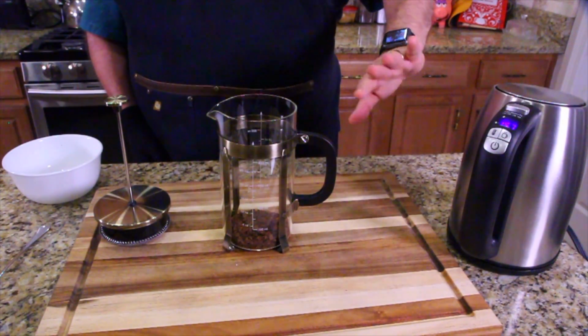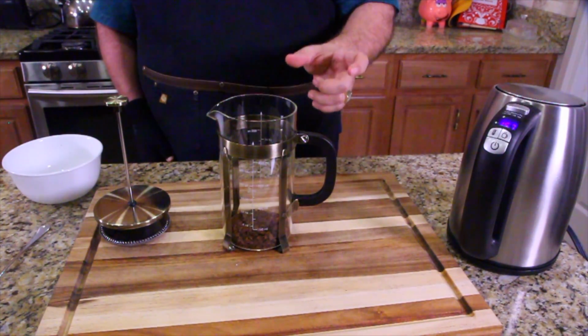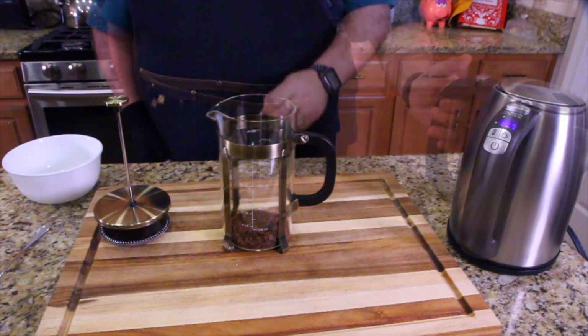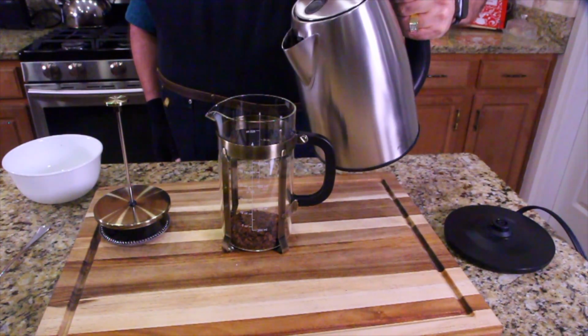All right, so this is what I got. I got the water hot in the kettle. I got the grounds in my coffee press. I read the booklet. It gives you a little chart of how much grounds to how much hot water you're supposed to do. So we're gonna do that right now. It's about 150. I like to drink it at 140, but